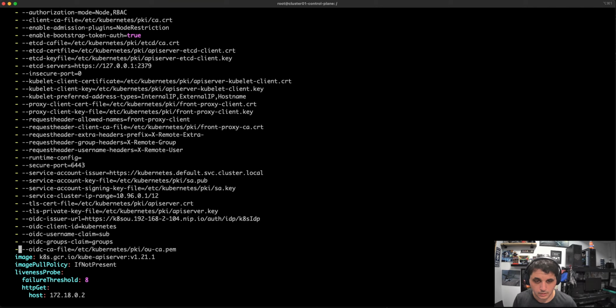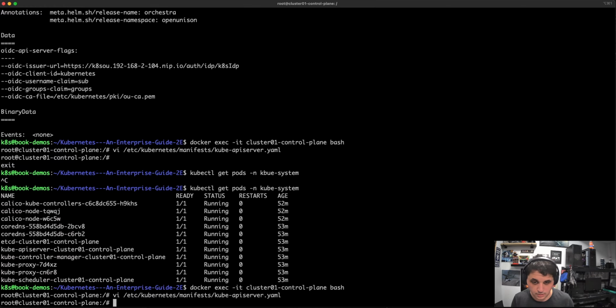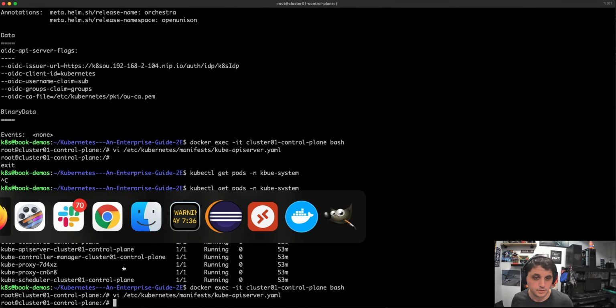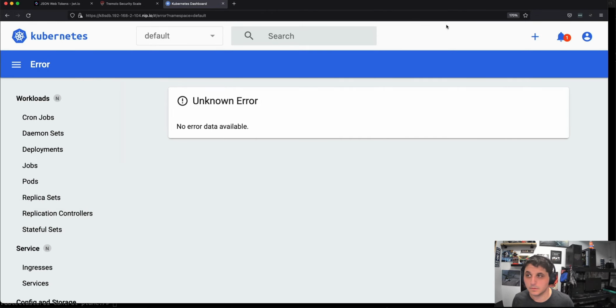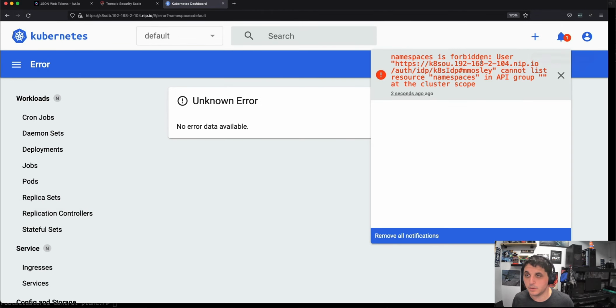Okay, that looks all right. I wonder if I have to delete the pod. No, let's see if this worked. Most certainly did not. Oh, wait, no, yes, it did. Okay, so they must have changed what it looks like then, because the pod clearly restarted, and now instead of